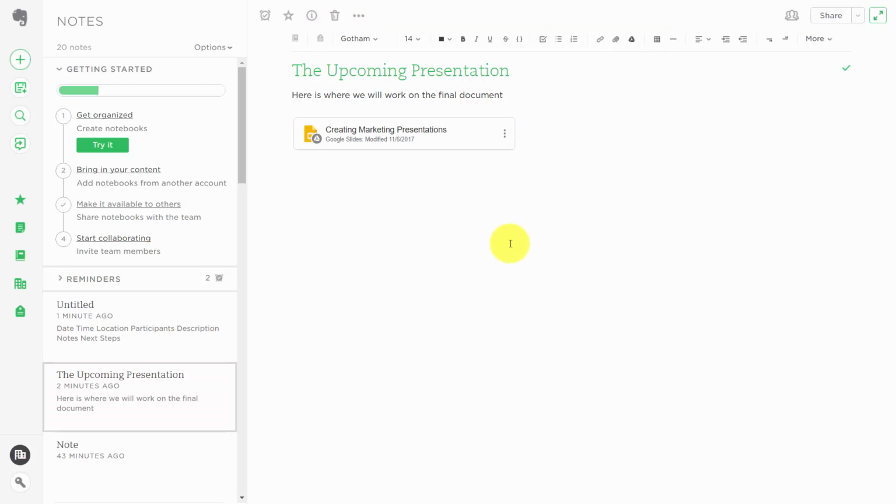Now the only disadvantage to using Google Docs in this case is that the content inside will not be searchable. The title will be searchable, any tags will be searchable, but the document itself will not be searchable. However, one of the things that we can do is we can open up this document,